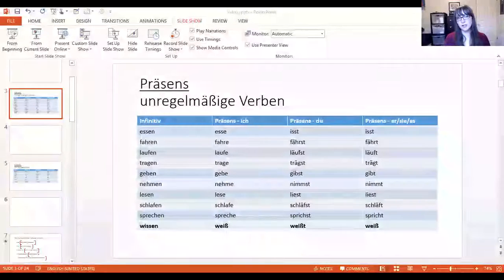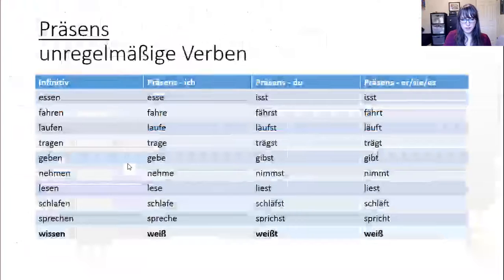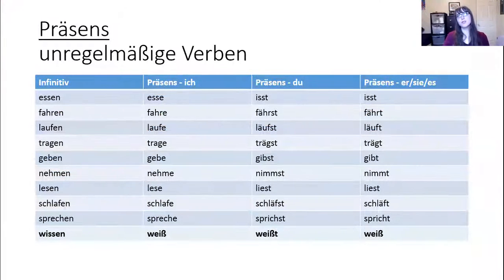Hello. In this bite-sized grammar review, we're going to talk about irregular verbs. Unregelmäßige Verben im Präsens. That's present tense. So for this grammar topic, there really isn't a way to tell in advance or to construct the form that you need because these are, as I said, irregular. And irregular just means that you won't be able to calculate what they are by some formula. Instead, you have to just know them.